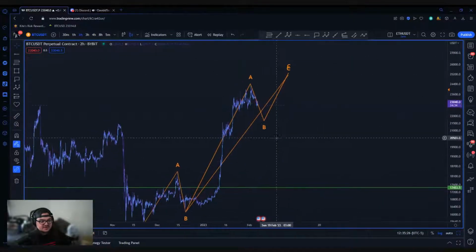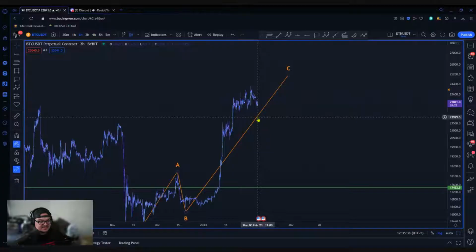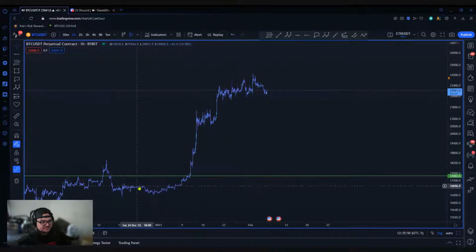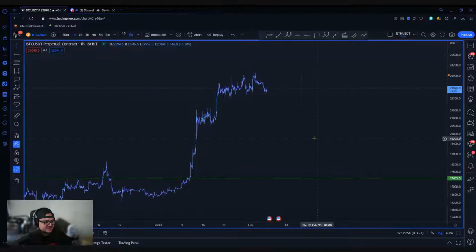or we can come in and extend higher. I am looking for a larger drawdown regardless of what scenario does play out. But we can go ahead and talk about that here. Like I said before, this area of price action is pretty messy. It's not the ideal situation for how I trade and how I view things. But we can go ahead and try to dissect this last bit of price action here before talking about the positions I'm in and the positions I'm looking to take in the future.